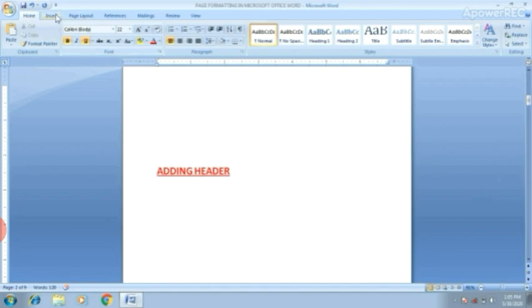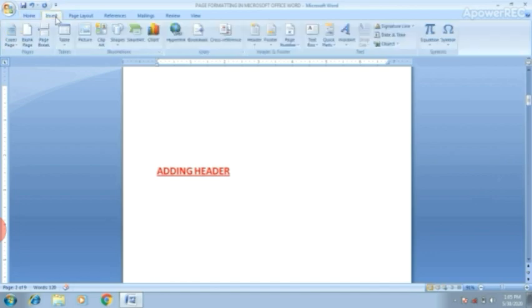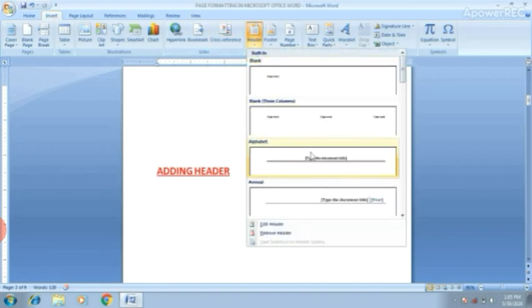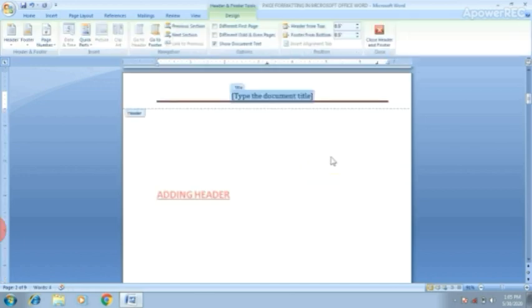Now, how to add the header? First of all, click on Insert tab. Then from header and footer group, select header option. Now type the document title. Suppose I am typing adding the header to the document.